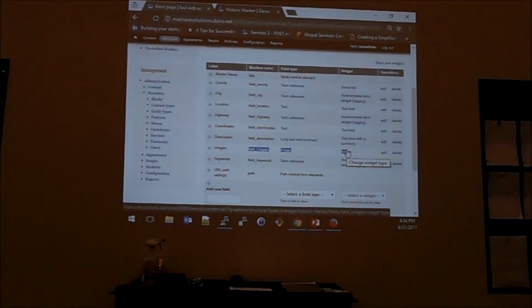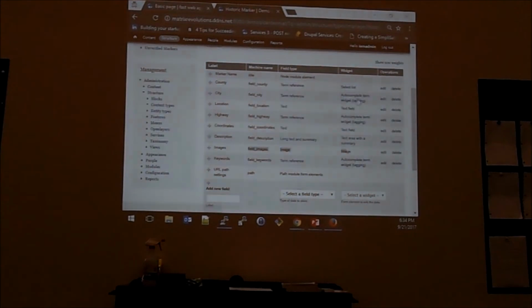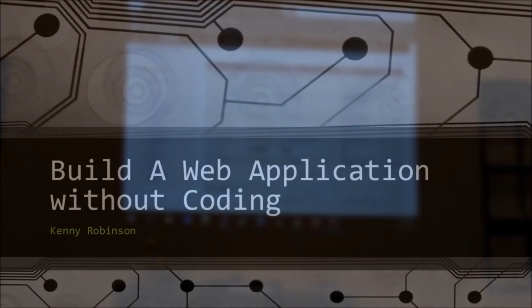Especially allowing for JSON output. Yes, so that's cool. And even if you don't want a JSON output, you could also get